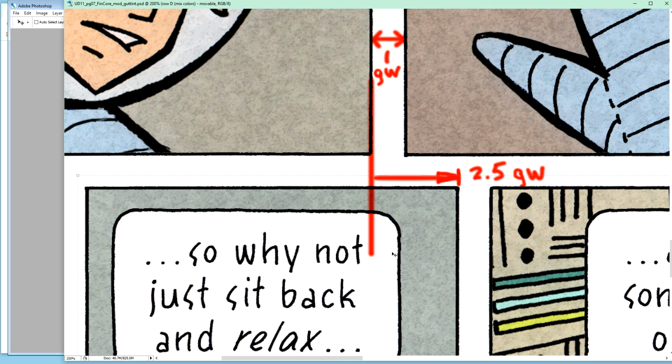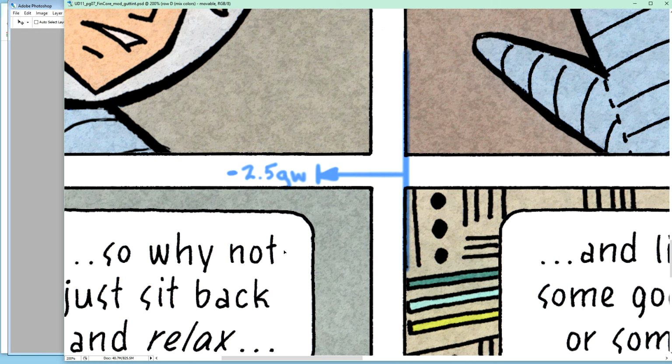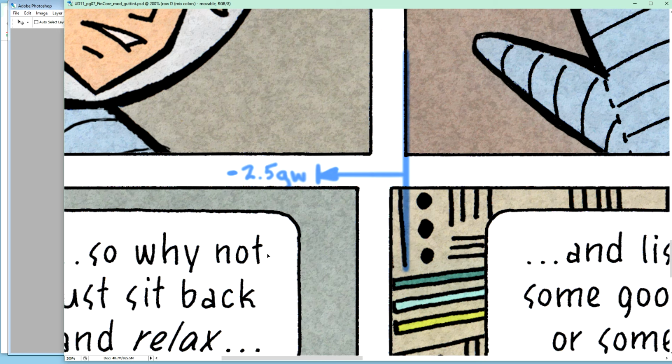line here. Now, what I didn't talk about in the last video was what happens if you want to move it the other way, to the left. Well, then you have to use the blue line instead. But we're always starting here in terms of how we think. So if we want to move it to the left, we use the blue line,